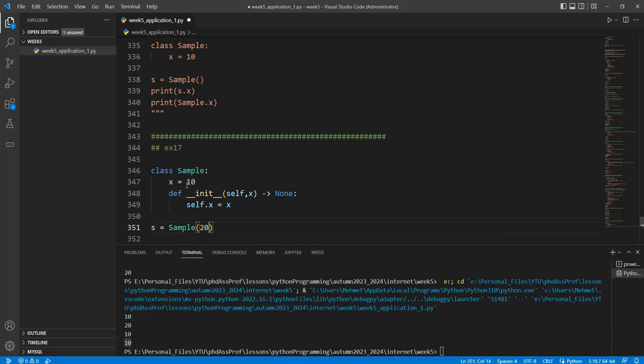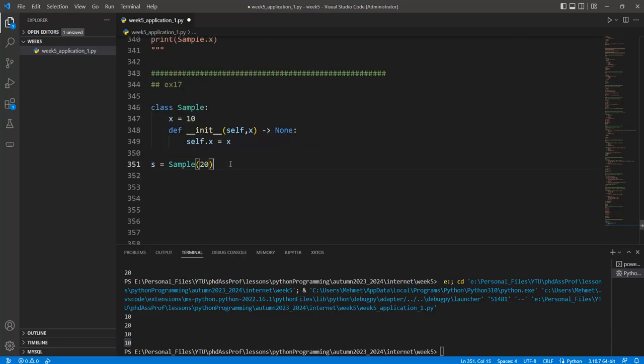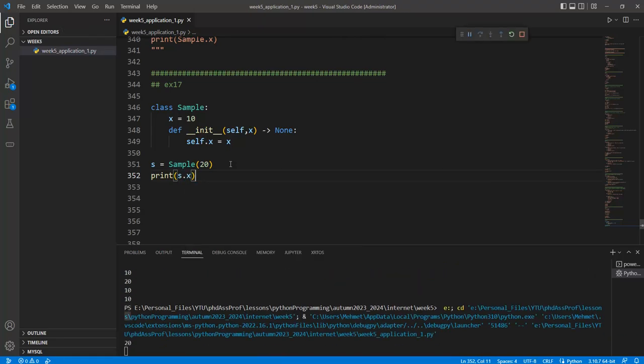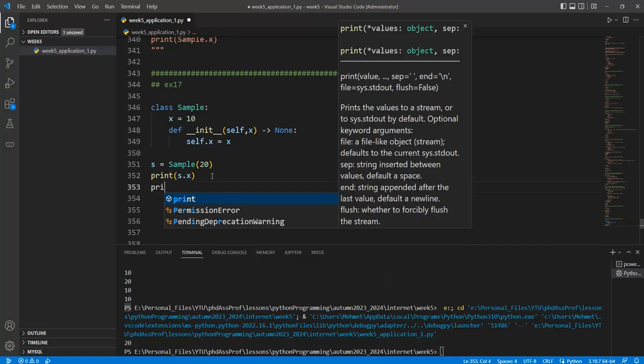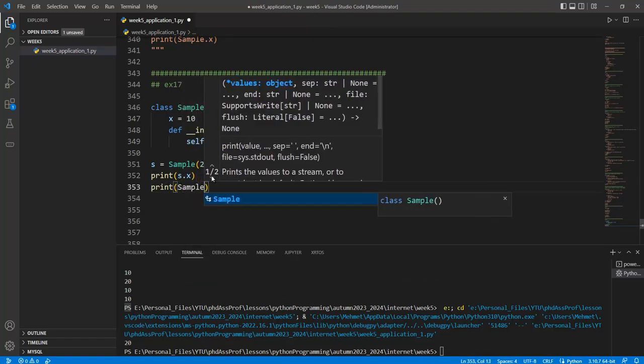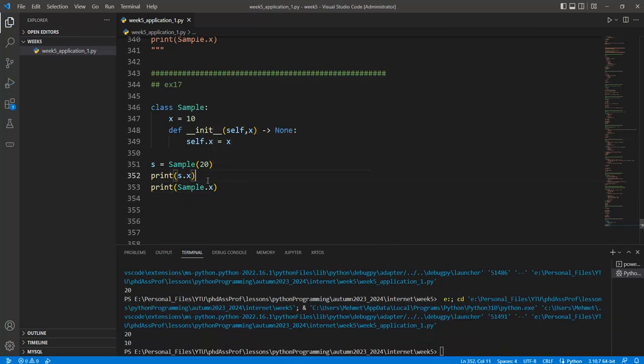The argument is assigned to 20, so what is the value of s.x? In this case, we will get 20 because this x has priority in this function, as it's the local parameter or the local scope. And this x is also a class attribute at the same time. Okay, Sample.x is assigned, and this Sample.x is equal to 10. Okay,